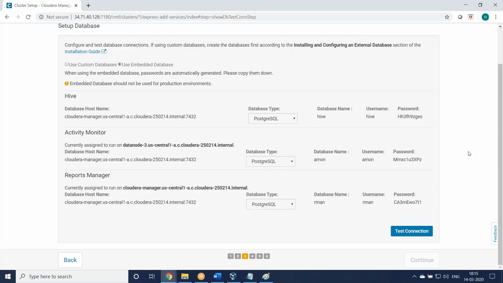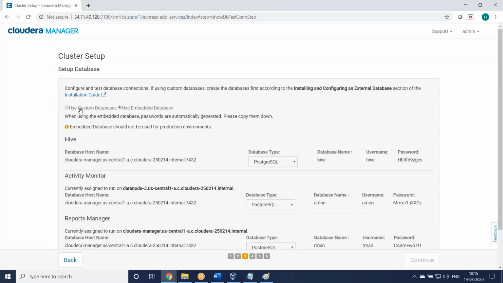Database. As I mentioned, generally we need an Oracle database. If you require an Oracle database, you have to install the database and create tables, databases and all, right? But we are not going to use any separate database. There is an embedded database, PostgreSQL.